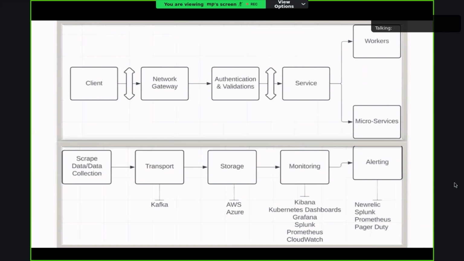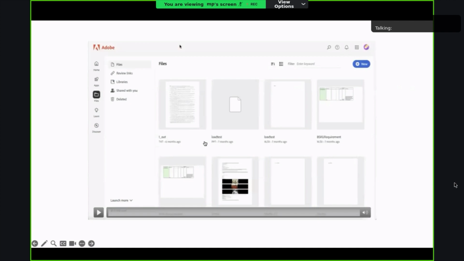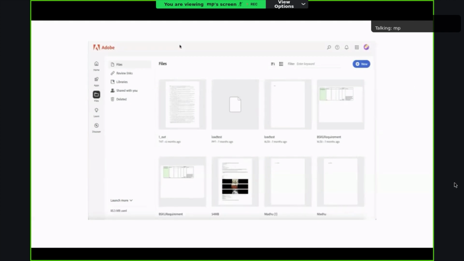Then the request comes to a service, and if that request has other requirements, be it that it depends upon a worker or microservices, then accordingly it will go into the worker's workflow or the microservices workflow. Like the documents that I showed in the previous slide, every type of document has a different component, a different programming language that the worker is written in, and a different operating system that it supports. So it is a heterogeneous distributed system architecture in that case.